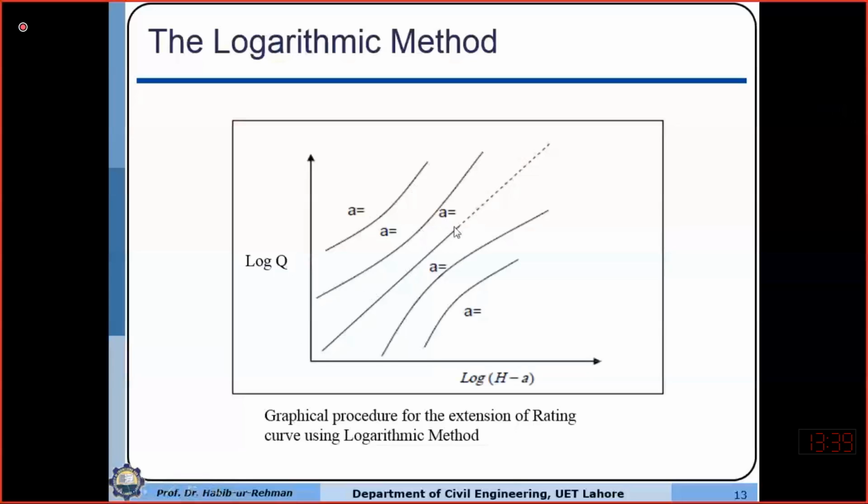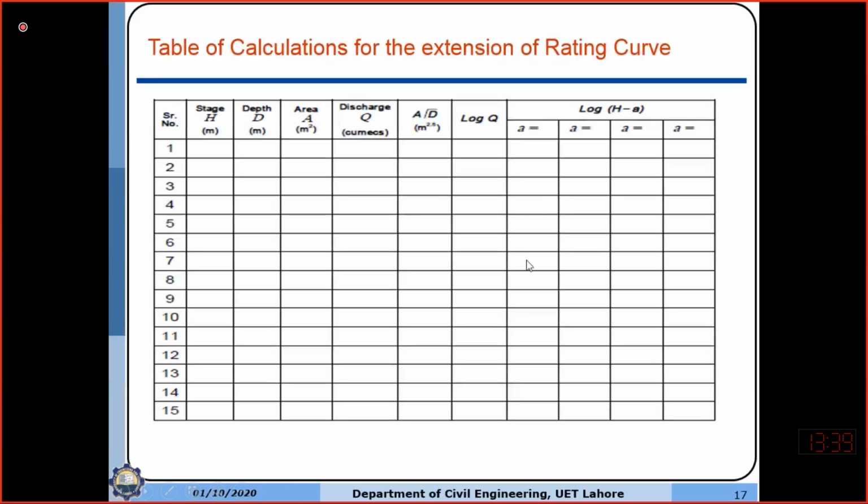Now after plotting all this, that value of a will be finalized which gives you the most straight line. तो आप मुख्तलिफ a की वैल्यू को ज्यूम करेंगे, उस बेस पे आप log of h minus a फाइंड कर लेंगे. अब आपने जब ये वैल्यू फिल कर देना है, तो फिर आपने log of q और log of h minus a का ग्राफ बनाना है. अगर तो वो स्ट्रेट लाइन आ जाता है, इट इज ओके. अगर नहीं आता तो आप एक और वैल्यू ज्यूम करेंगे, सेकंड कॉलम, उसको प्लॉट करेंगे.